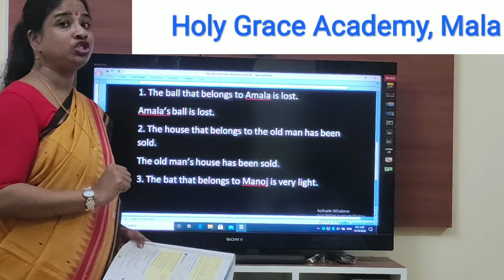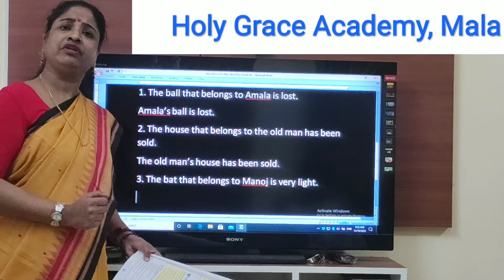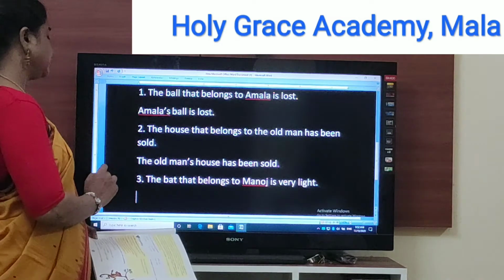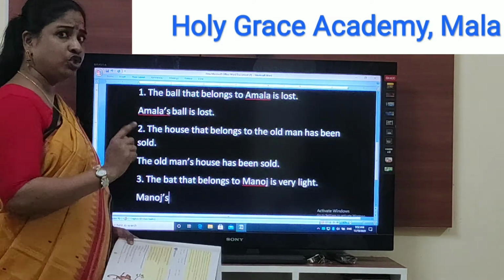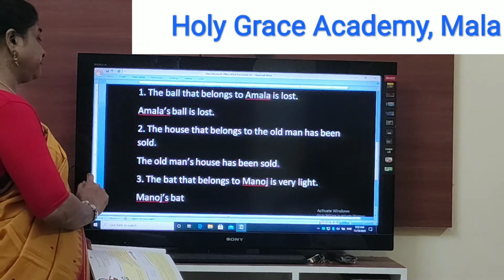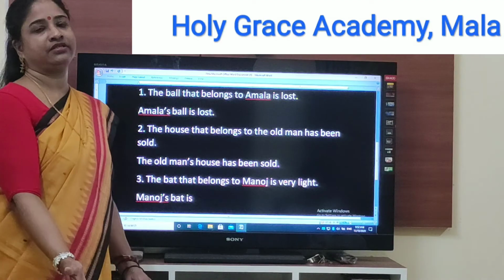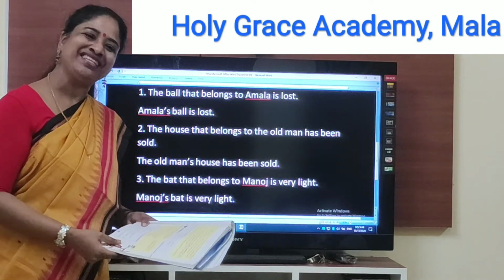It is Manoj's bat. So how shall we start our sentence? Let's begin with Manoj's bat. The answer, Manoj's bat, M-A-N-O-J, then apostrophe S. Manoj's bat is very light. Full stop. Now you see the sentence has become short and sweet.